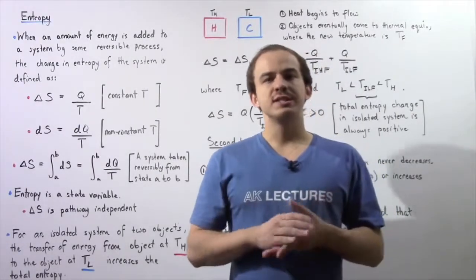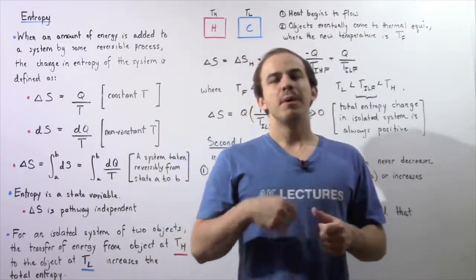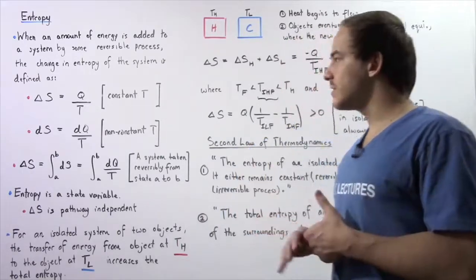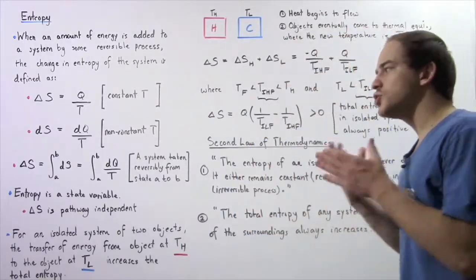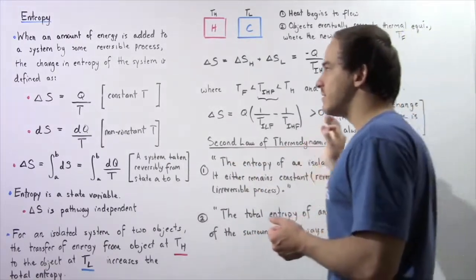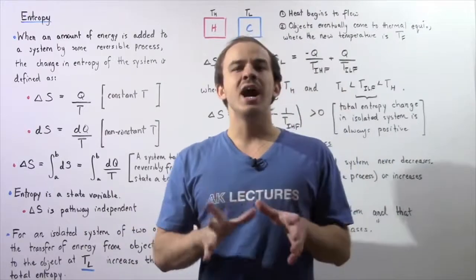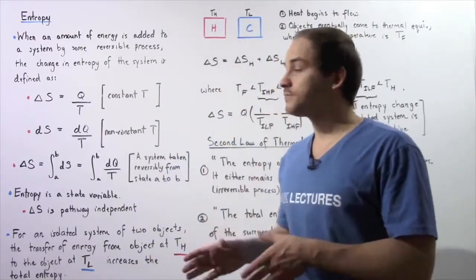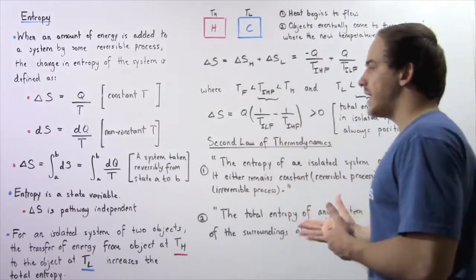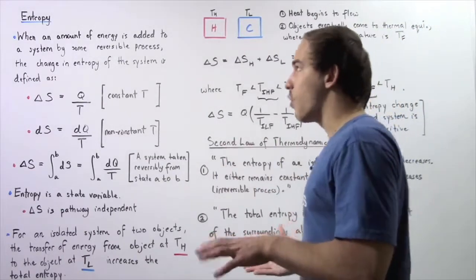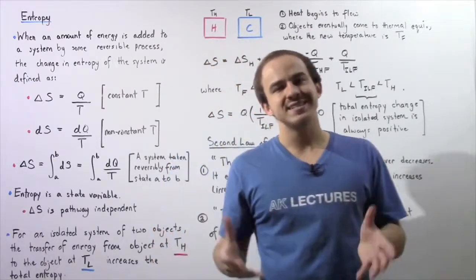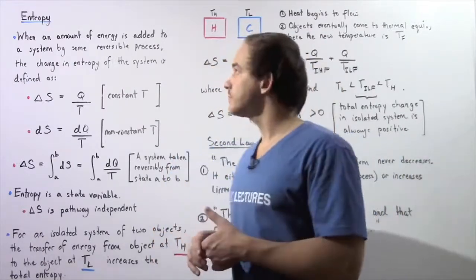Previously, we introduced the second law of thermodynamics by stating it in a very specific way. In this lecture, we're going to discuss the general version of the second law of thermodynamics that is defined by using a concept known as entropy. Before we get into what the second law is in its general form, let's discuss this concept of entropy, what it is, and how we define it.